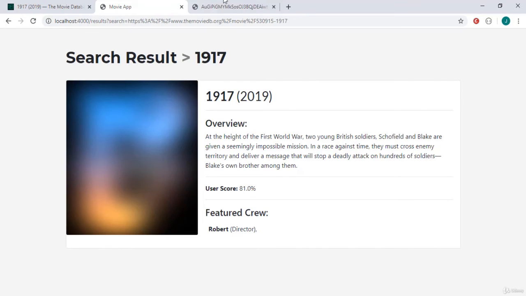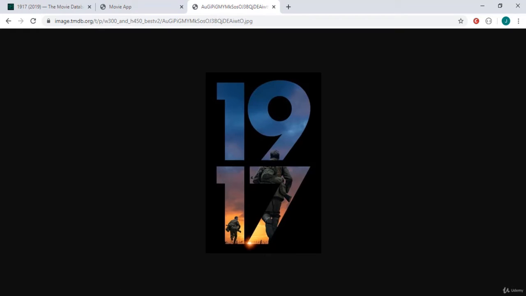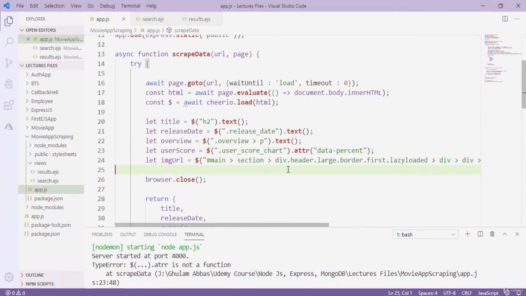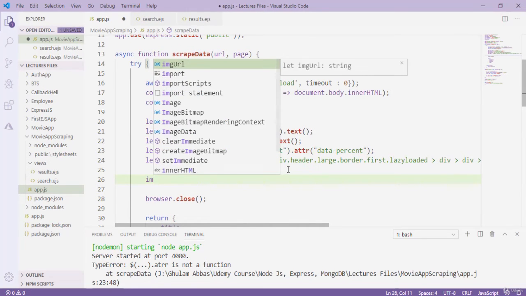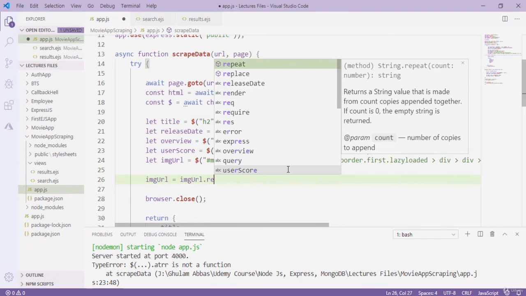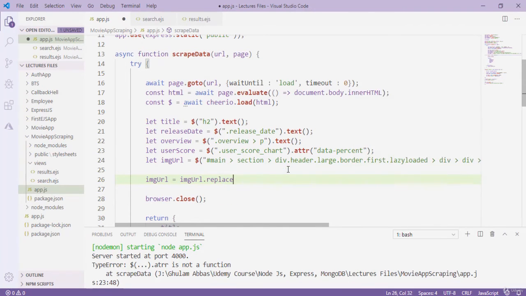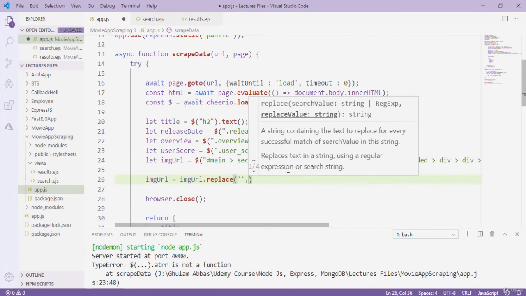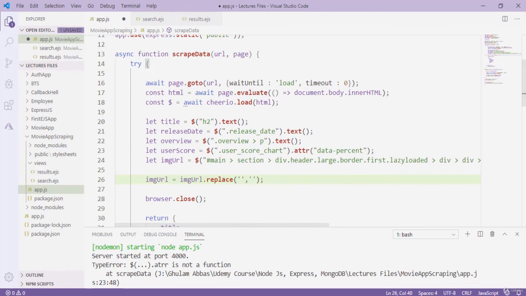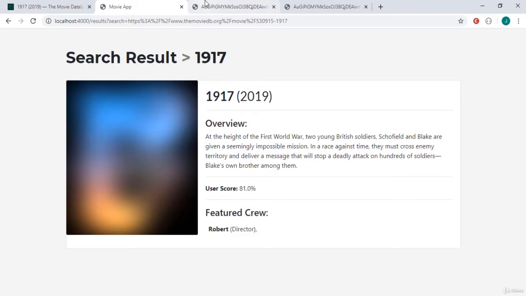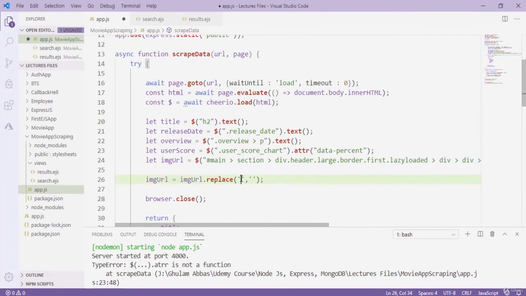If I open it in a new tab, you can see that we have here filter blur. If I just remove it from here and press enter, you can see that I get the original image. So to do that, I simply go back to my code here, and I simply replace that with nothing. Okay, so simply type here image URL equals image URL dot replace, we have to replace this with nothing. So I simply copy it from here, and now if I go back and paste it right here and save that,